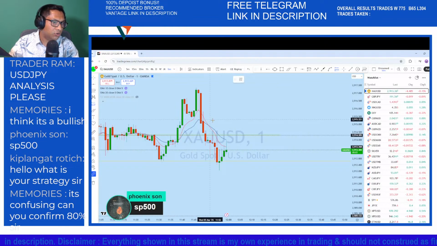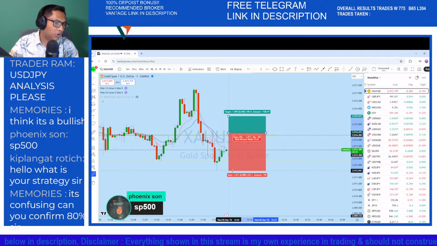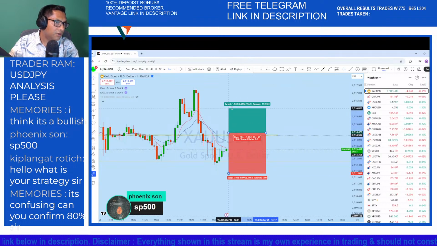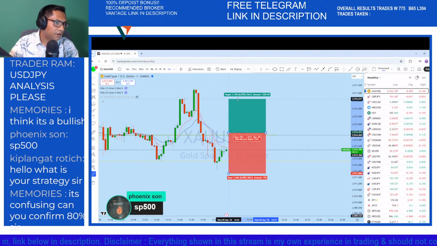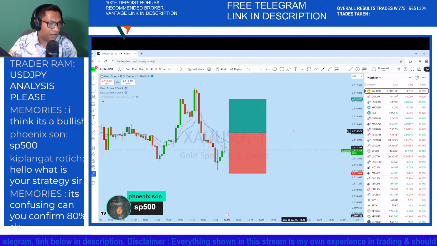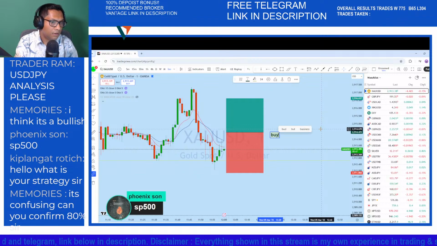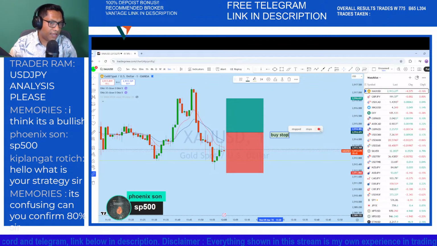There's news coming, as you know, and we still have almost more than an hour remaining. So I will be placing a pending order here on XAUUSD above this level, a buy stop. So if the market manages to bounce, only then will we be entering into the trade. So, buy stop at